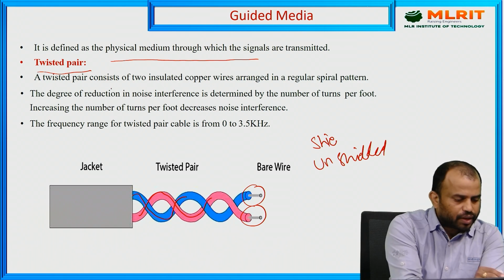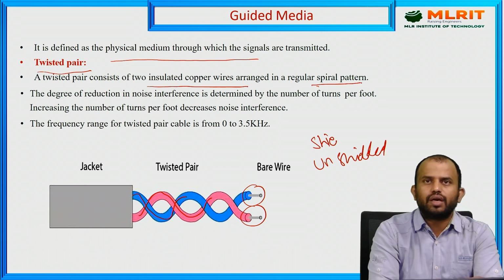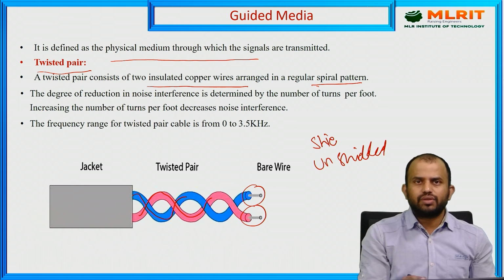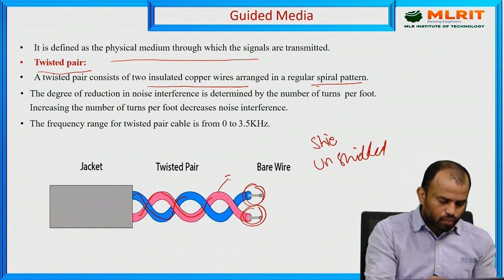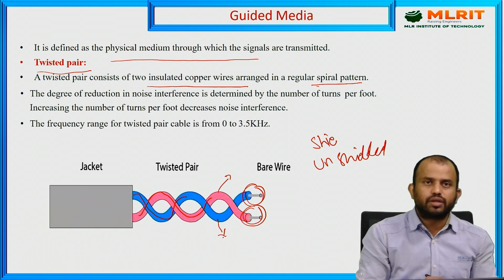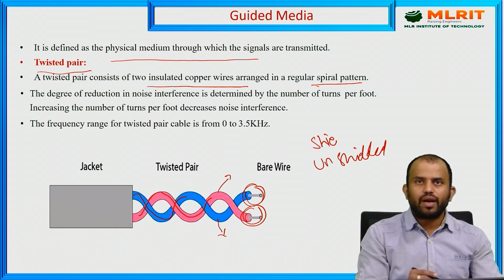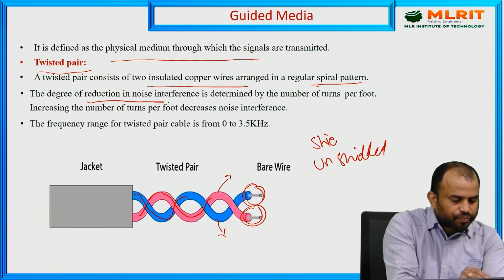Twisted pair consists of two insulated copper wires arranged in a regular spiral pattern, which means we take the insulation of these cable wires. For example, this is one wire and this is another wire. We twist both wires so that the information is arranged in a spiral pattern. Using twisted pair cables has an impact on the reduction of noise interference